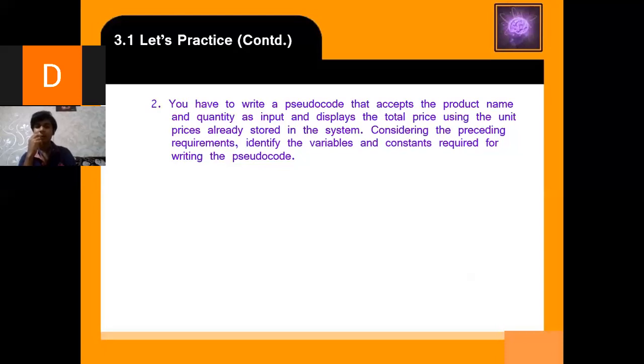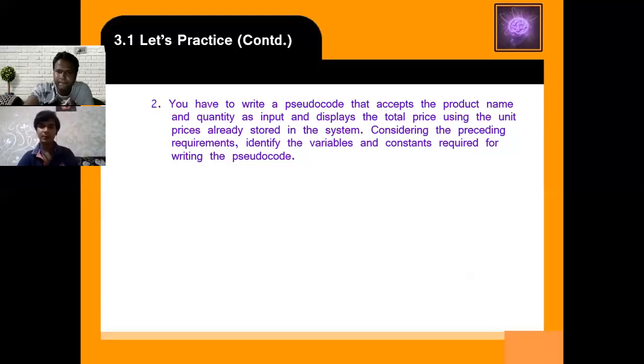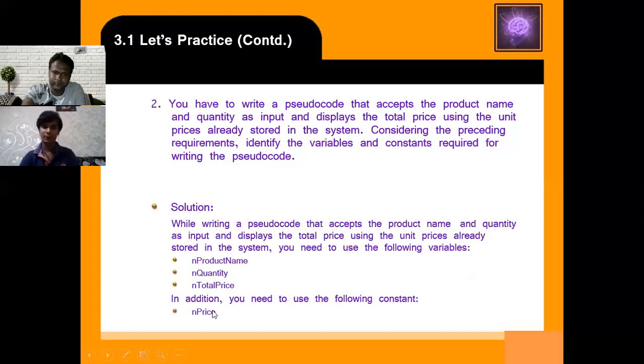So which one here is variable and which is constant? The product name, quantity and the unit price are constant and the total price is the variable. No, product name is variable, one person can take any kind of product.